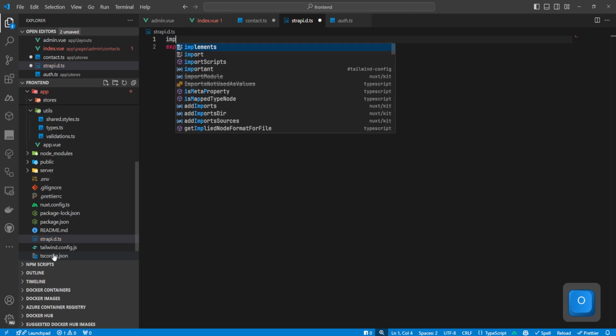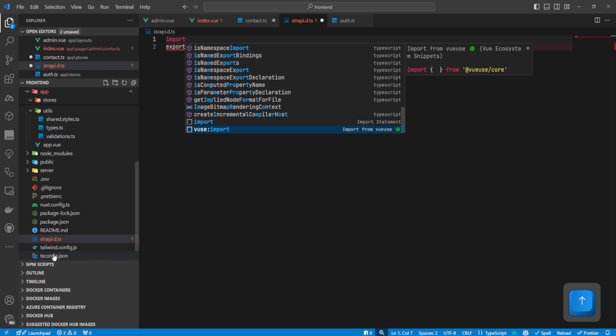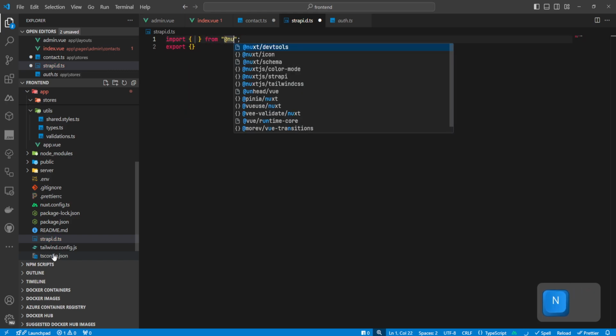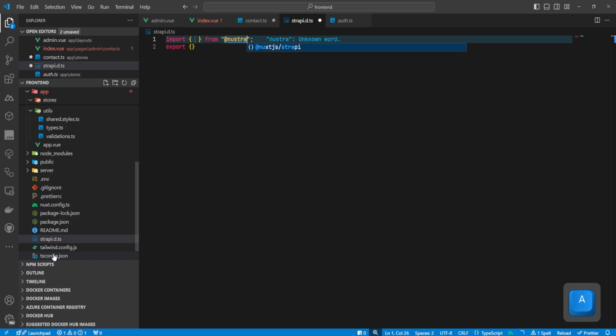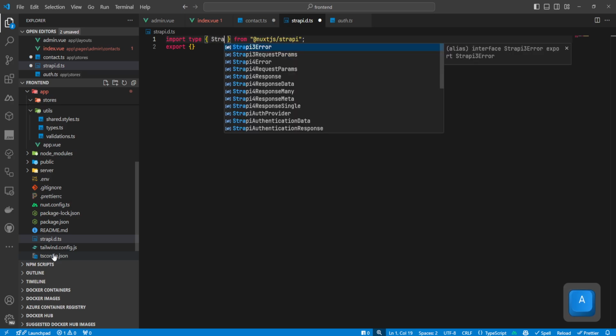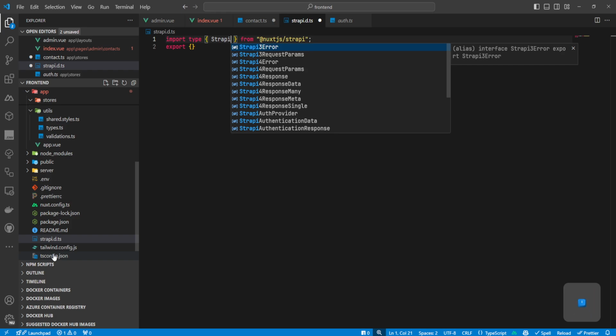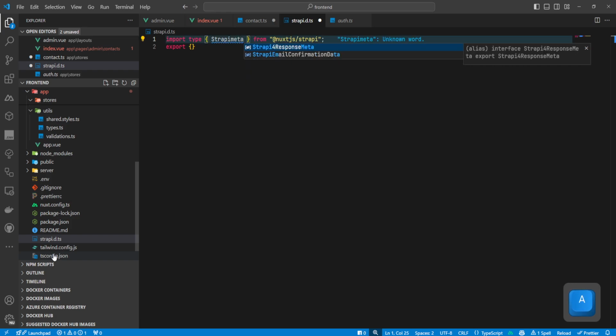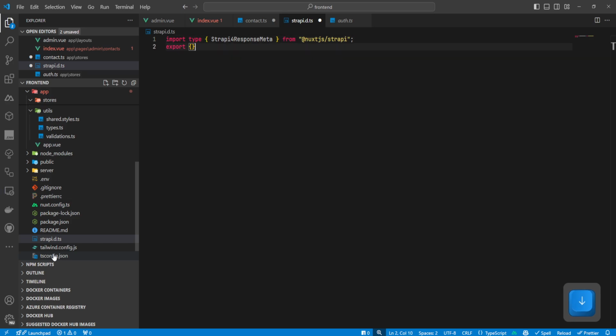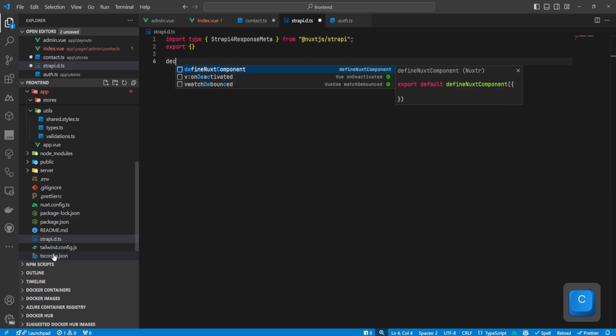And here I'm going to actually import a type from the Strapi module. So if you go Nuxt Strapi, you should be able to say type here, and I think this is going to be the meta Strapi for response meta, right? And I'm going to declare